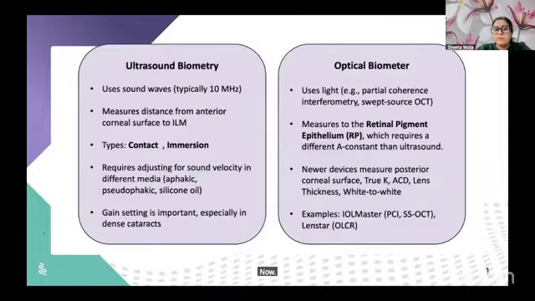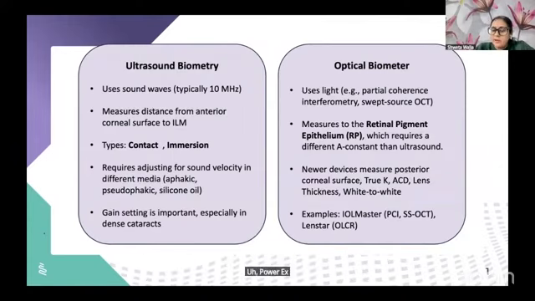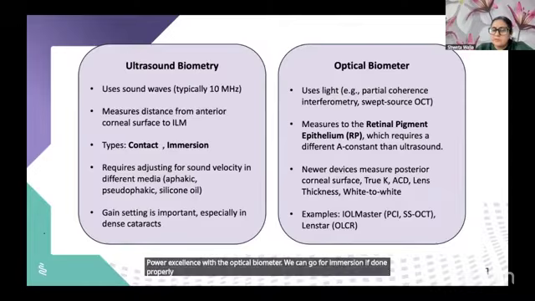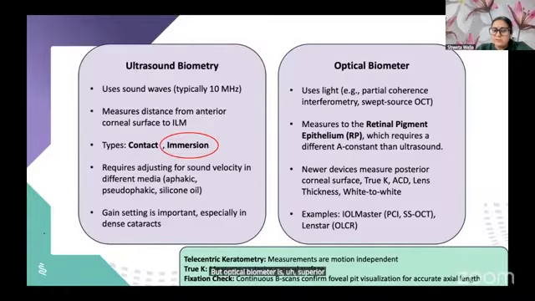Now, a biometer can be either an ultrasound or an optical. Ultrasound is usually contact and immersion. Immersion gives readings which are par excellence with the optical biometer. We can go for immersion if done properly, and it gives a result typical to the optical biometer. But the optical biometer is superior as it gives a telecentric keratometry and true K values,